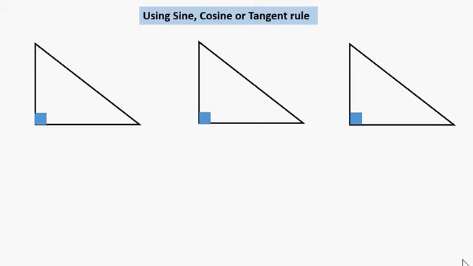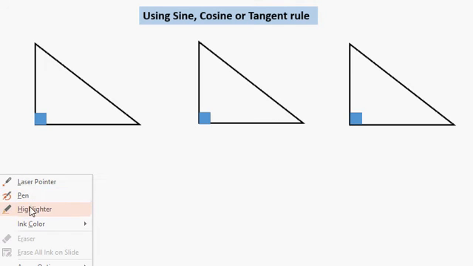Hi there, in this video we are going to learn when to use sine, cosine or tangent rule. Now this only applies to the right angle triangle. We use sine rule